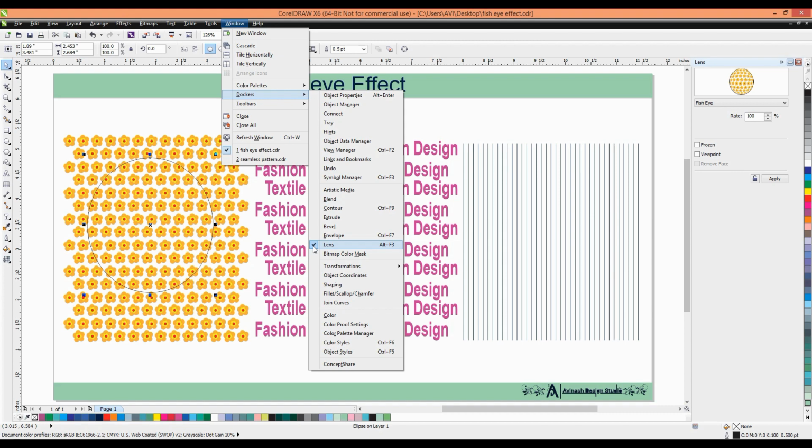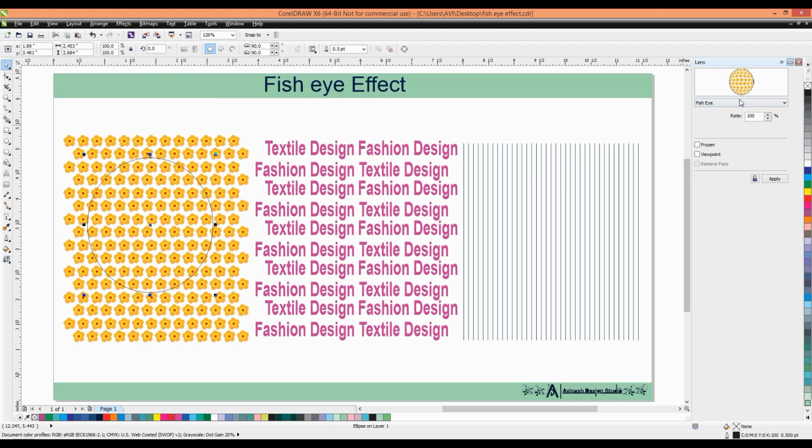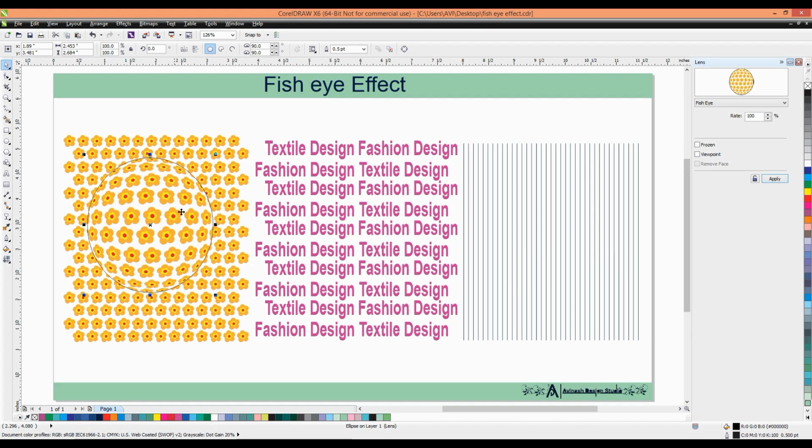We check the lens. When we check the lens, the lens dialog box opens on the right side. When the dialog box is open, we have to select fisheye. It's already created a fisheye here, and our rate percentage is 100. When we press the apply button, it's visible on the screen here.